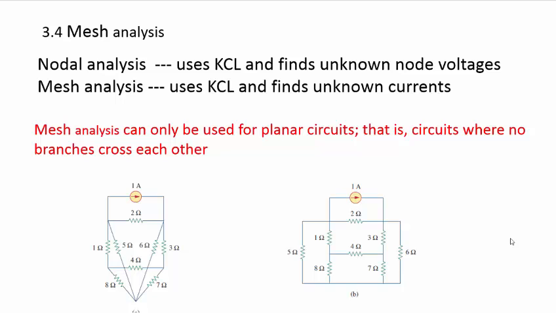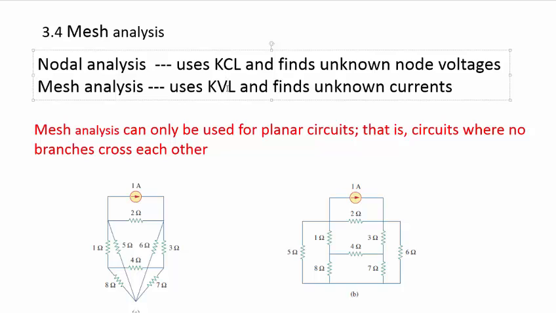Mesh analysis. Well, we did nodal analysis last time, and that uses KCL, Kirchhoff's current law, and it finds unknown voltages, node voltages. So mesh analysis, also called loop analysis, uses KVL, Kirchhoff's voltage law, and finds unknown currents. So they're kind of complementary to each other. Mesh analysis is a little bit more restrictive because mesh analysis can only be used for planar circuits,